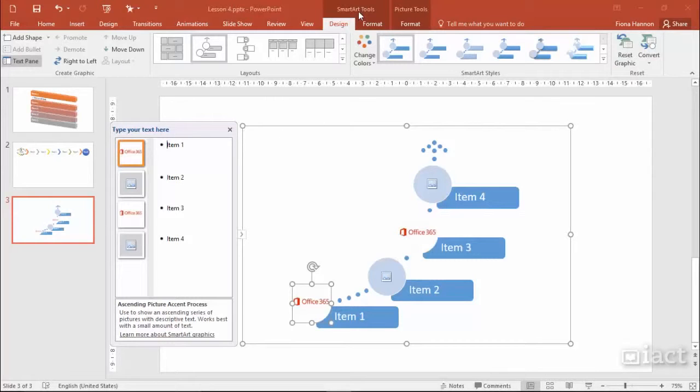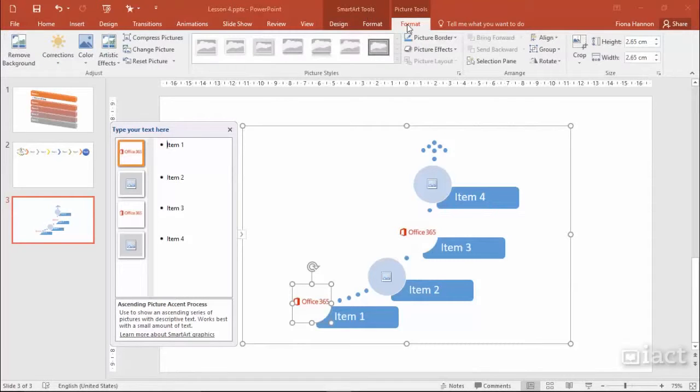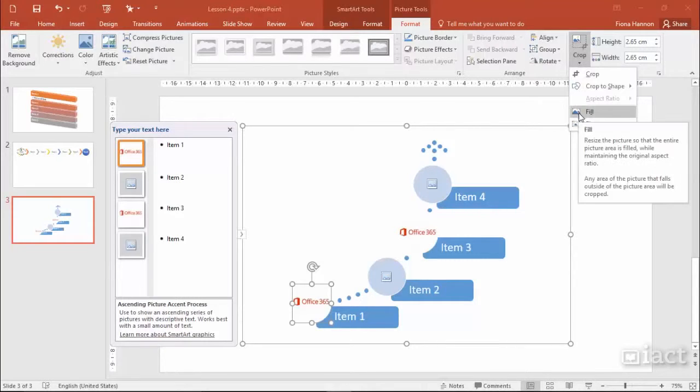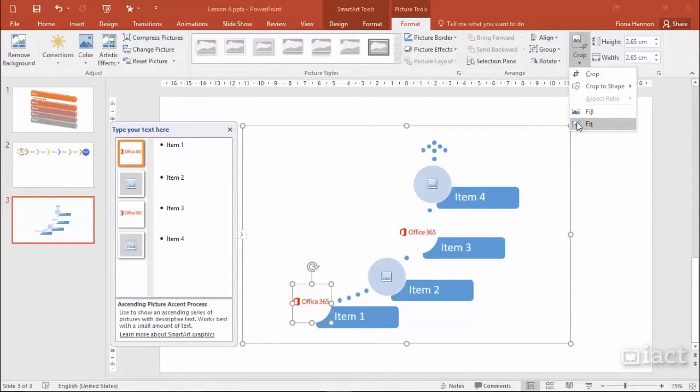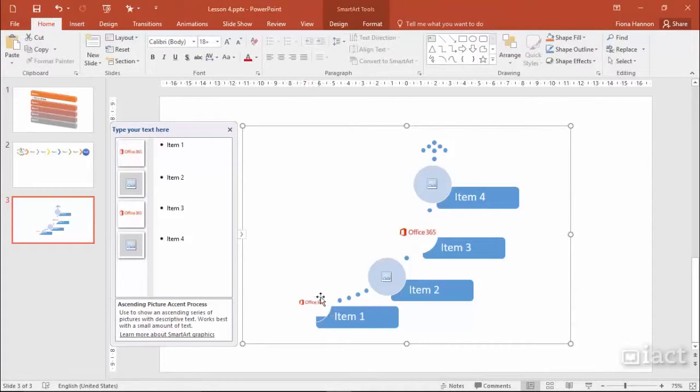And notice now at the top, not only do you have SmartArt tools, but you also have picture tools, and there's a format option. Later in this course, we're going to go through the different things that you can do with pictures. One thing that's important here is within the crop drop-down. There's an option here called Fill and Fit. If you press the Fit button here, it will reduce the size of the image so that the entire image